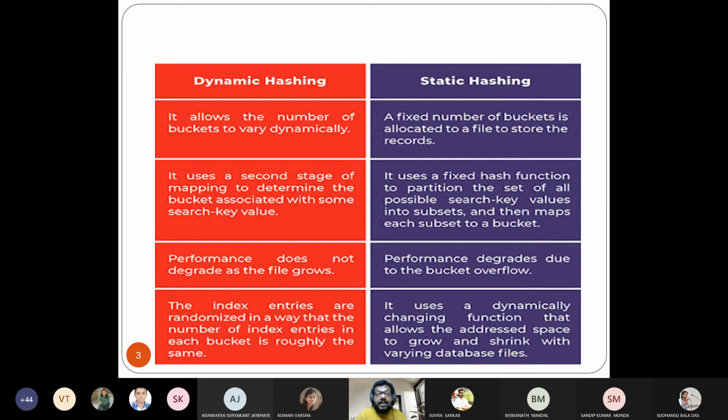Okay, so the index entries are randomized in a way that the number of index entries in each bucket is roughly the same. That means if you look into a typical B-tree type of structure, suppose you have 4 leaf nodes and you have 5 pieces of information, then each node carries 1, 1, 1. What is the idea?